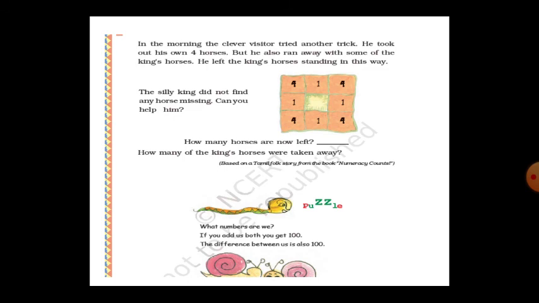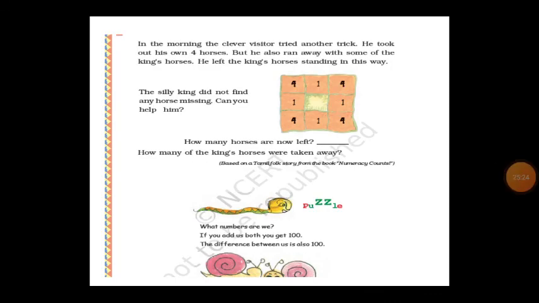So like this, you have to draw boxes. Nine boxes means, see, one box is already there, like that only you draw another box. Another one box, like this only you have to draw nine boxes, and the middle box should always be empty. So now you can arrange the numbers and do the activity.